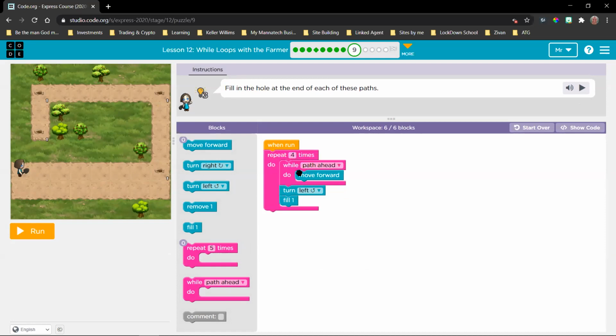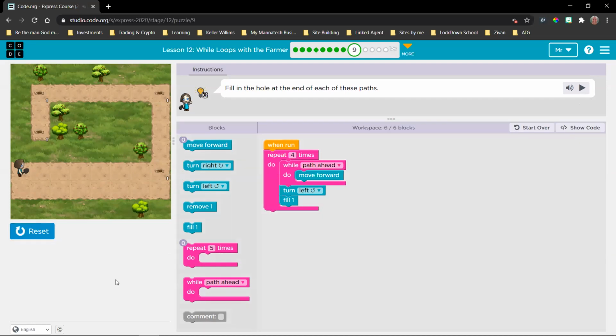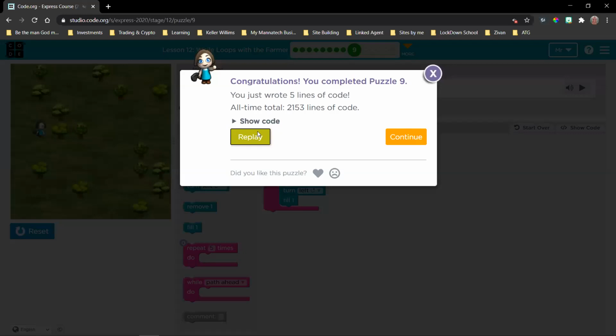So now you can see we're even nesting a conditional loop inside a normal loop. And if you have a look at the yellow, as the blocks are highlighting in yellow, you can see exactly what I mean when I say it's happening in sequence, right?